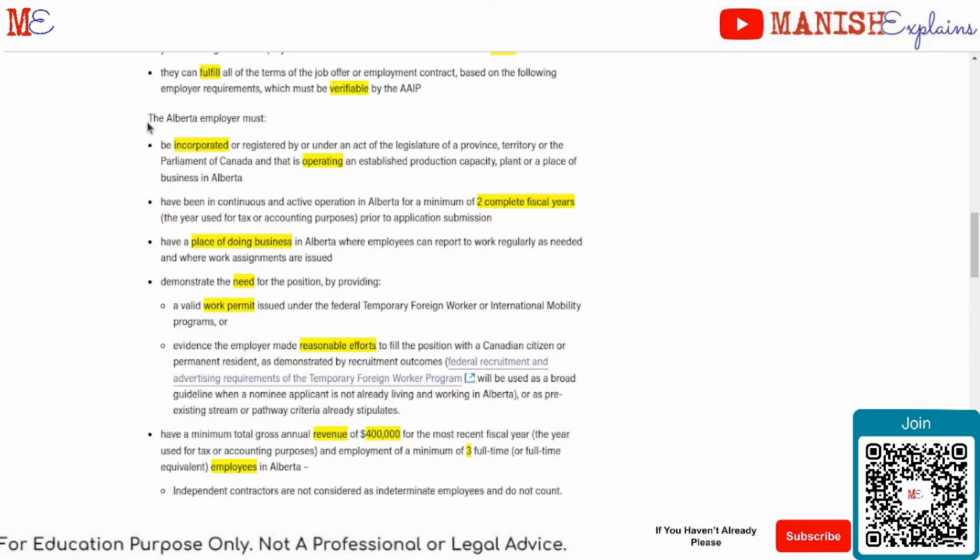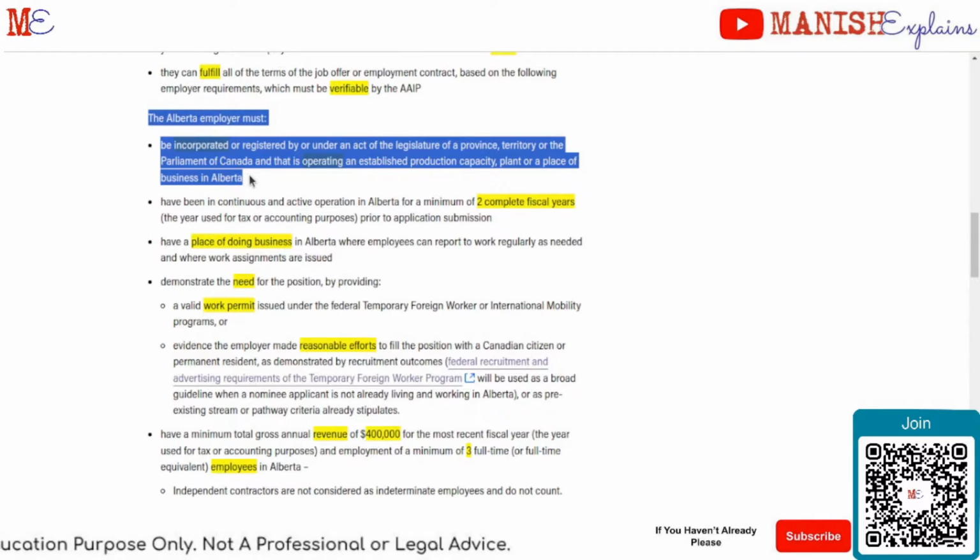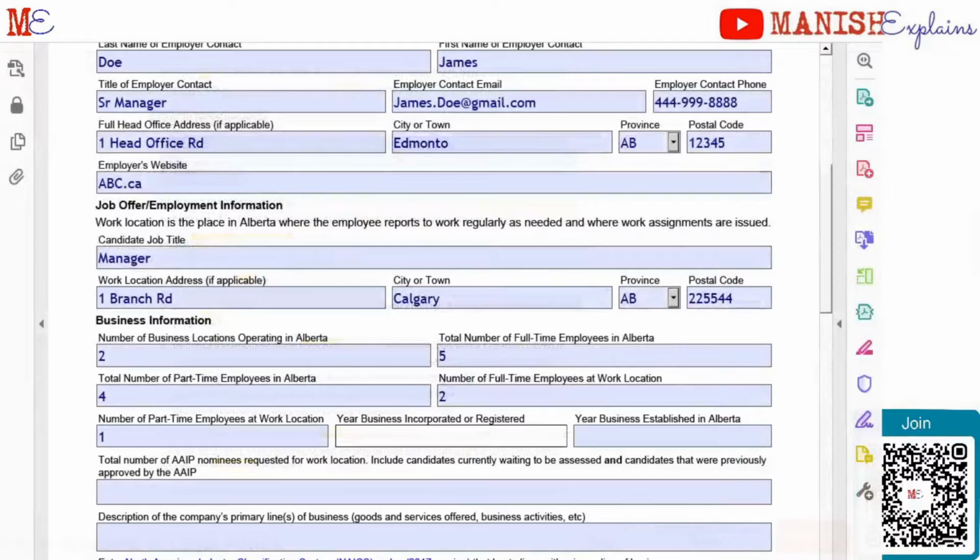So if you see here, your employer must be incorporated or registered either by a federal or a provincial legislation. So go back to the form and enter the year it is incorporated. So this is 2024. Say for example, your business was registered in say 2000. One more important thing here is that the company has to be in operation for at least 2 years